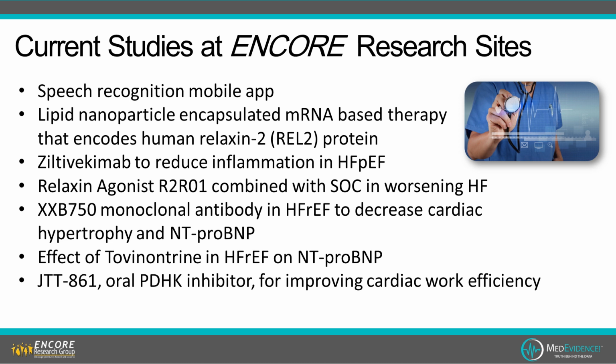So we mentioned the fact that during pregnancy, there's a huge stress on the heart. The amount of volume in a woman's body increases dramatically. But developing symptoms of congestive heart failure during pregnancy is actually very rare. Very rare. So people are thinking, well, how is that? How can women, over a very short period of time, get all this extra fluid, put on this weight, and still not develop congestive heart failure? And we believe the reason for that is a hormone called relaxin that pregnant women make in very high levels. So now we have ways of producing relaxin and giving relaxin to non-pregnant people that have congestive heart failure. And as we speak, we have studies that are looking at that exact mechanism.